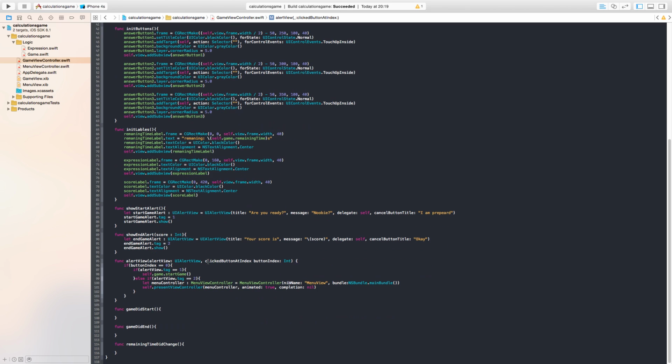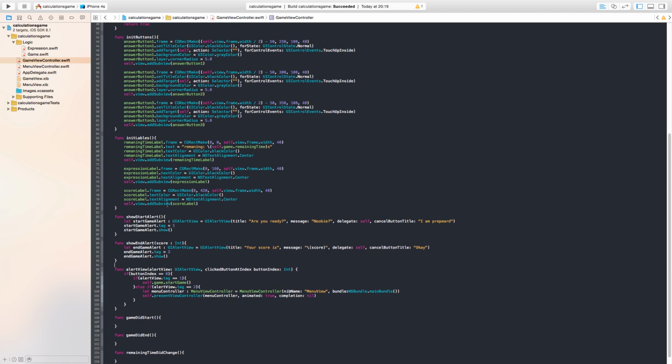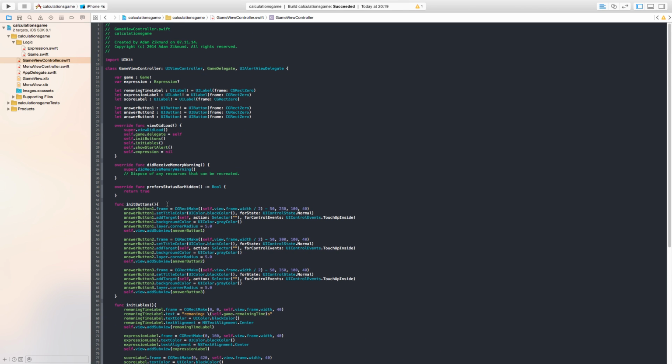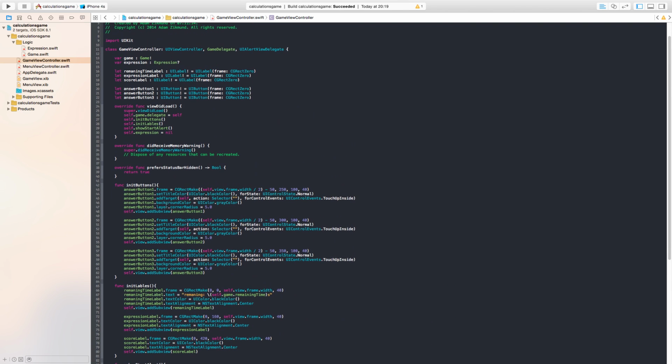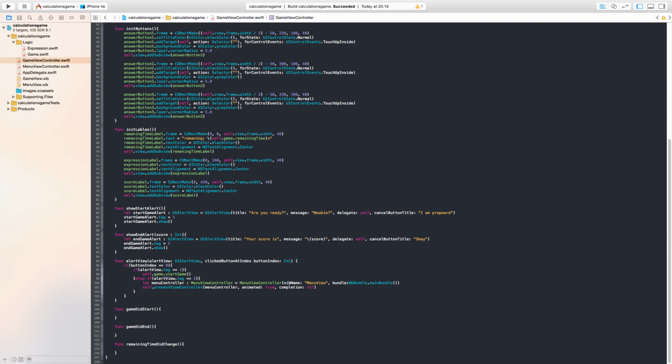So now, because this will start the game, but this will not set the buttons and the score labels and expression label. We have to make some function which will set the expression and score and other titles of the buttons. Okay, so what we need to do is,